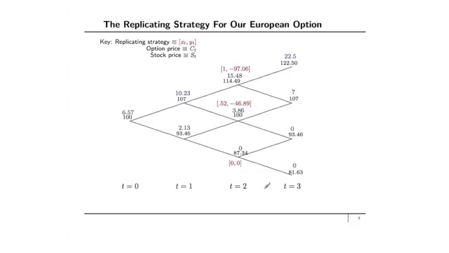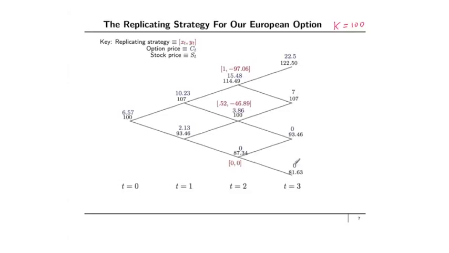So, for example, this is our earlier European option. In black, here we have the stock price. In blue, we have the option price. And in red, XT, YT, we have the replicating strategy. So the way we priced this option initially was we determined the payoff at time t equals 3. Remember, the strike here was $100, so it was a call option with strike equals $100. So these are the payoffs of the options,